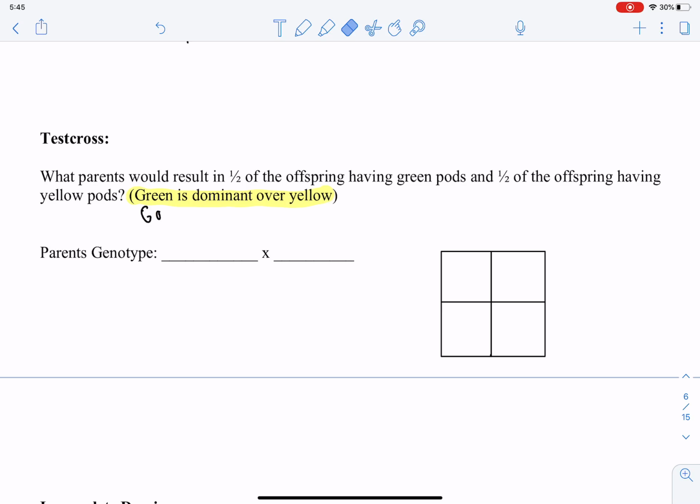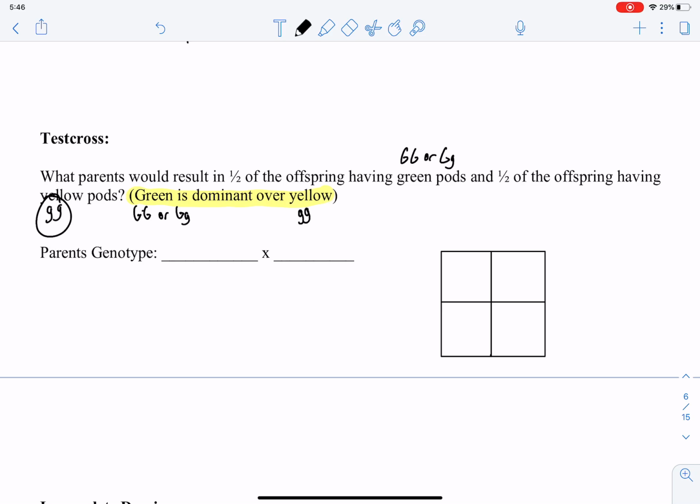For this, green can be one of two genotypes. It can be homozygous dominant or it can be heterozygous. Either one would still express a green pod. For yellow, being the recessive trait, it can only be little g, little g. So the fact that half are green, they have to be homozygous dominant or heterozygous. But the fact that half are yellow, we can just go ahead and take this and put it